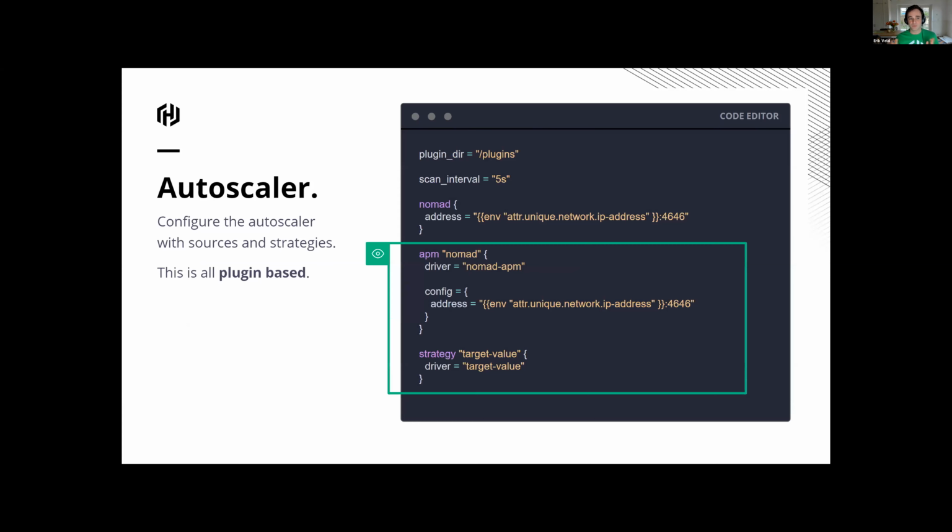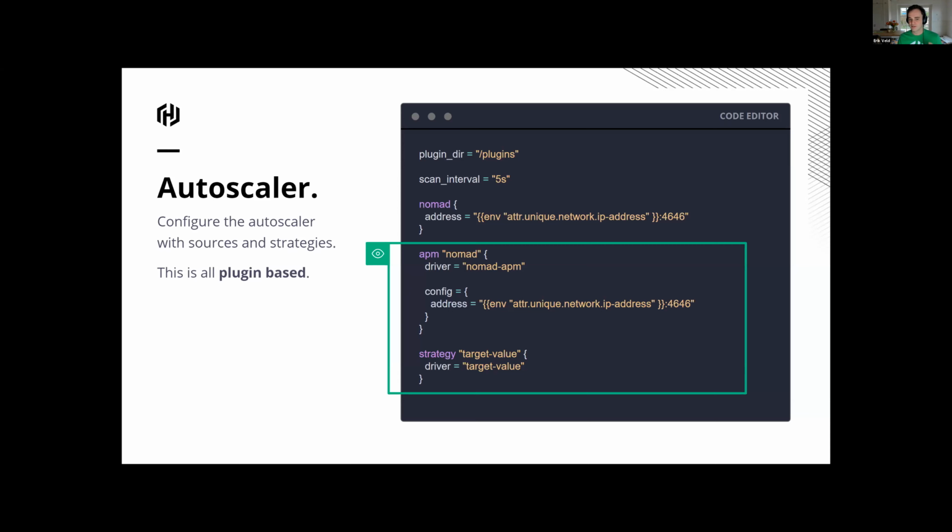And then, if we have that, we need to start the autoscaler. The autoscaler has been implemented as a separate process. In my demo in a minute, I will be running the autoscaler on top of Nomad. Later on, we will allow the autoscaler to also scale horizontally itself. All the autoscaler needs is to know how to reach Nomad in order to call the scale endpoints. We need to specify where we can find these plugins. Right now, there are a few plugins that get bundled in here, which I'll show you in a second.